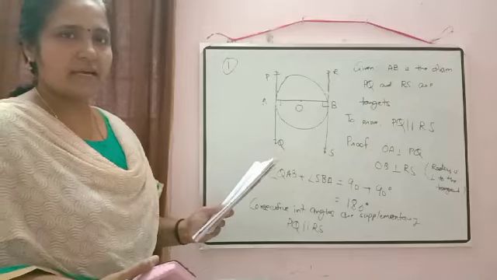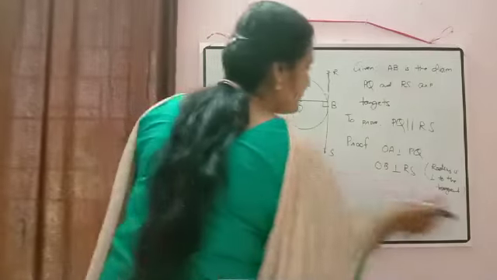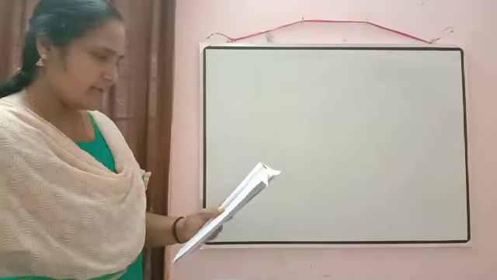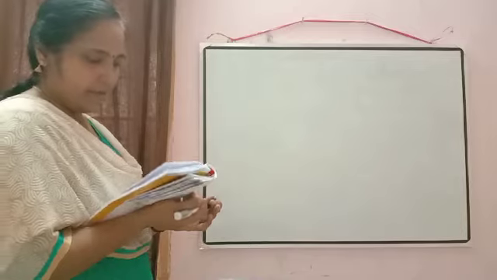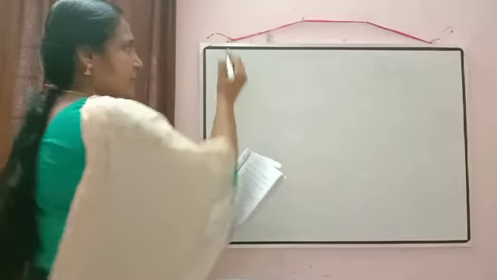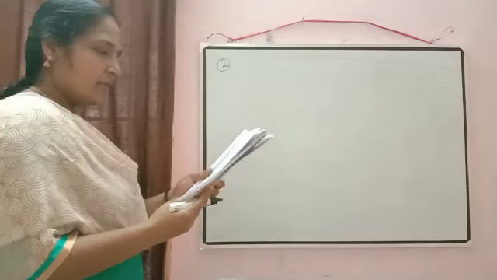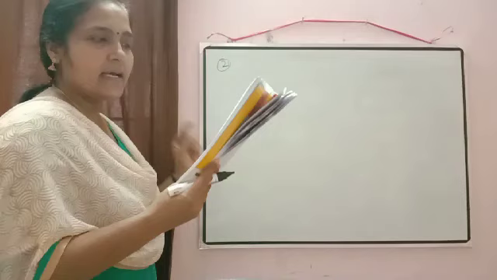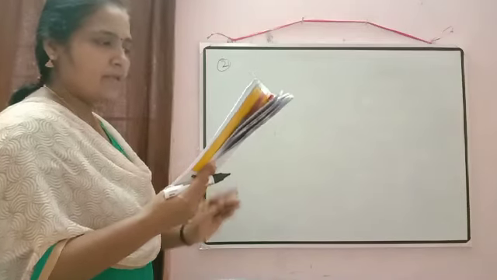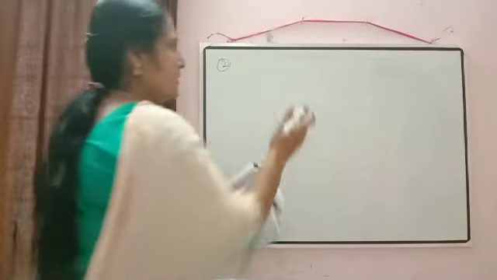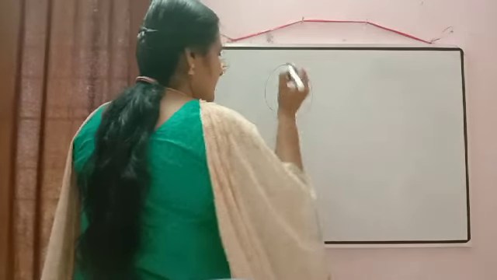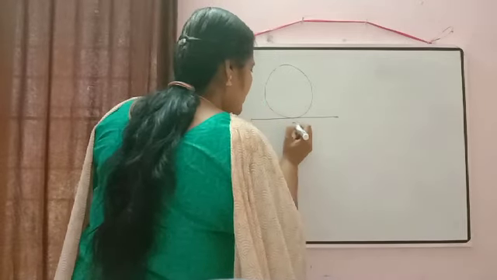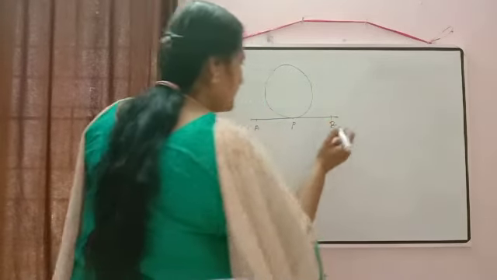So I think this question is clear to you. Okay, now we will move to the next question. You can read the question there. It is written, prove that the perpendicular at the point of contact to the tangent to a circle passes through the center. First we have drawn a circle and a tangent. With the point of contact we can mark as P, AB is there.